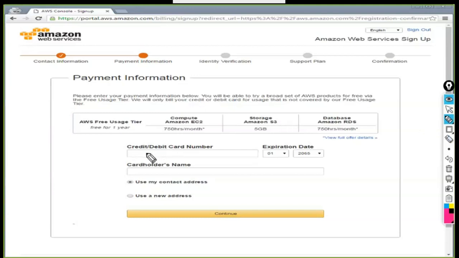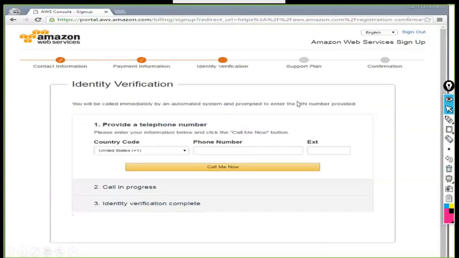You're getting it. So your credit card or debit card details, expiration dates, I hope these are self-explanatory. You can understand what's happening here. And we can move to the next slide, which is identity verification. Here you have to provide a telephone number. There are two options now. One is SMS, through which you can verify, or through a call. They will give you a robotic call, you respond, and that's all. It is done.